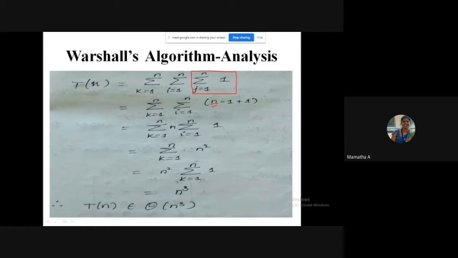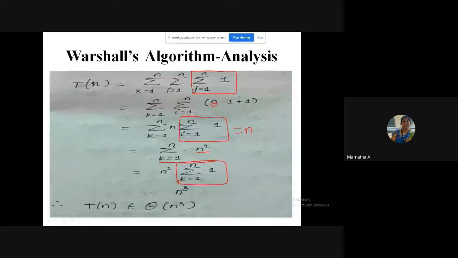Again, which formula will I use here? Which formula? Again, you can observe I'll have to use the same formula, that is, upper bound minus lower bound plus 1. n minus 1 plus 1 will again give me n. This will give me again what, students? n. n into n is what? n square. Again, you can observe the summation variable is k. So you can take this as a constant. Take it out as a constant. Again, use k equals 1 to n with respect to 1. Again, what is the answer for this summation, students?